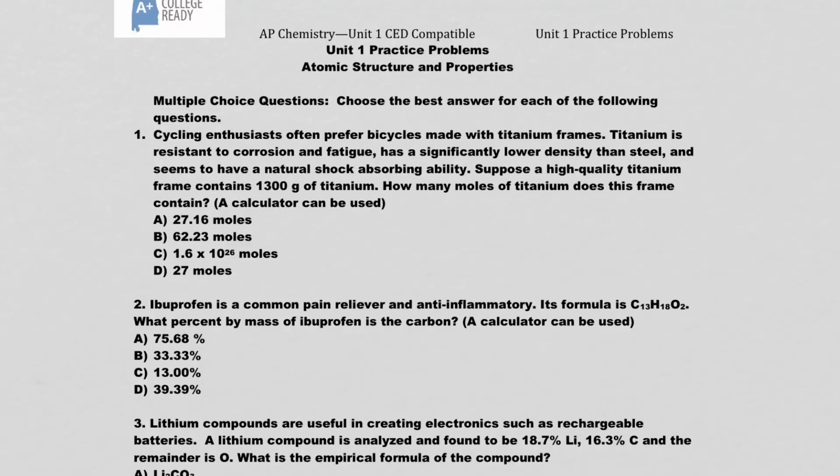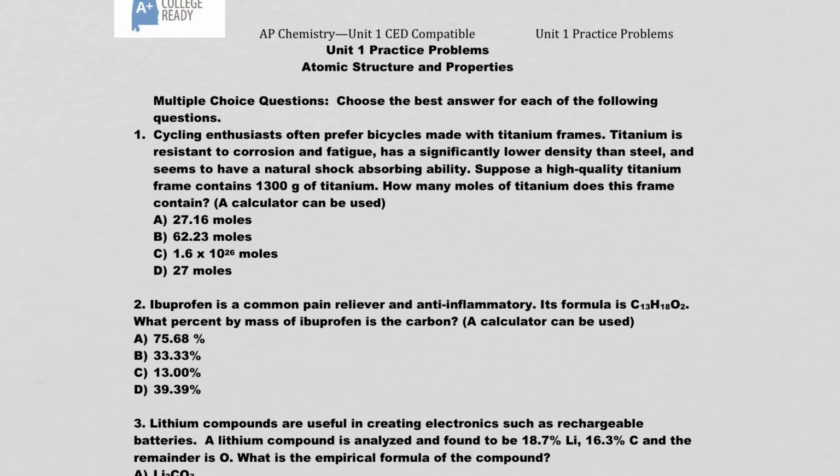Okay, this is the review of the Unit 1 Atomic Structure and Properties practice problems. On the AP exam, you will not be allowed to use a calculator, but just for ease of use, there are a few of these math problems that do allow you to use a calculator. So you can see that that's in parentheses. So number 1,